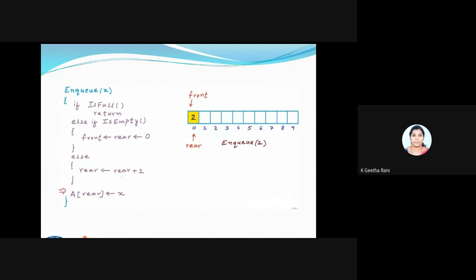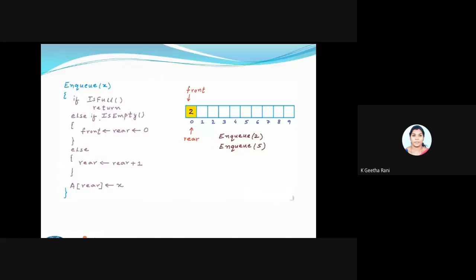Fine. So this is the way this particular enqueue operation works. I'm purely using an array to implement this queue concept. I'm trying to enqueue one more data. My data is going to be 5. The same process, but what happens here? It gets inside the enqueue function. My queue is not full, so this if block won't be executed, and it gets in and it checks